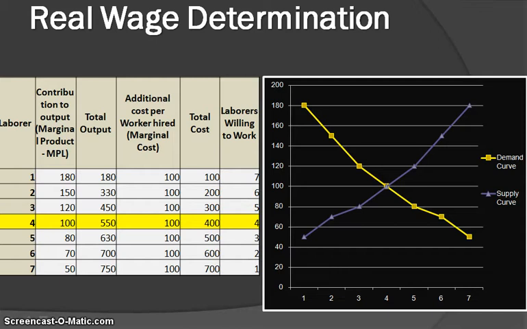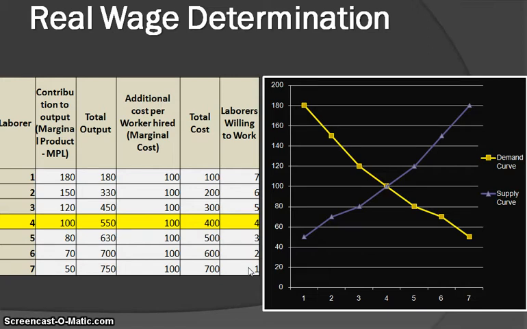And this phenomenon actually corroborates what we would have discussed before, in that, remember, the real wage is a cost to the firm. The higher the cost, the lower the demand. The lower the cost, the higher the demand. However, the real wage is a benefit to laborers who are willing to work. So the higher the real wage is, the higher the benefit, and therefore the more willing to work. The lower the real wage, the lower the benefit or incentive to the worker, and the lower number of workers